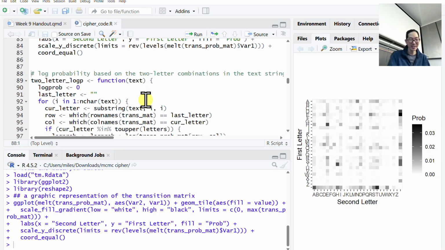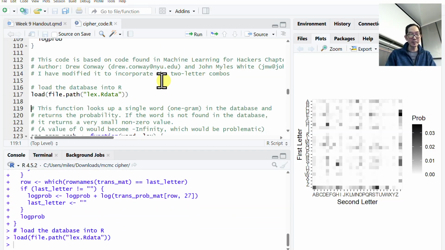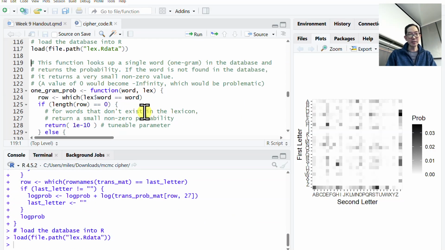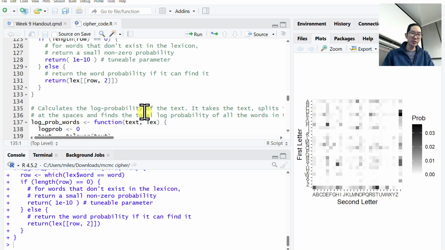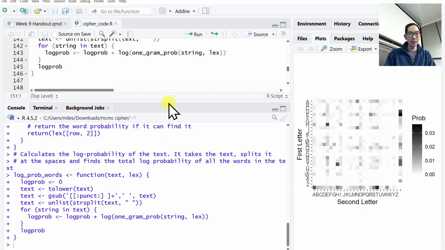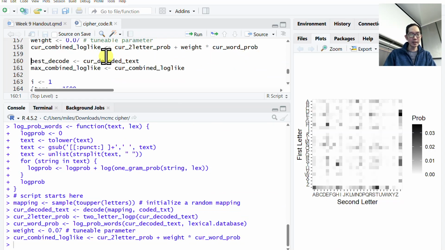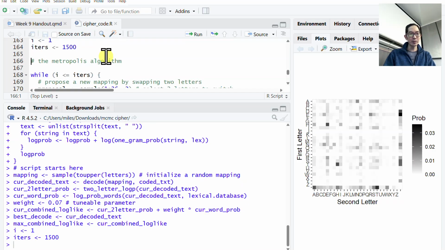All right. So anyway, there's another thing where I have a lexical database, which basically just says what's the probability of this one word showing up, right? And so if it sees the word the, it gives it a high probability. And so anyway, we're going to run this loop where it's going to run the Metropolis algorithm. And it's going to start off again with a total junk